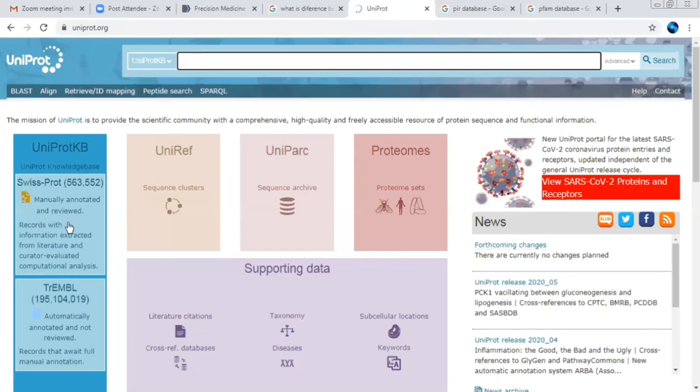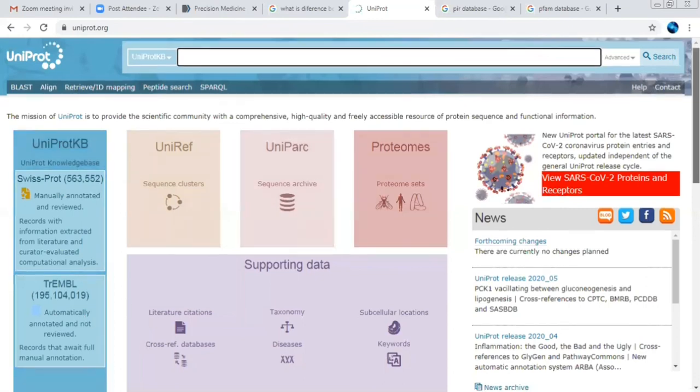All the data stored in this database will be updated, so whatever researchers are using for their references, they will get all updated data for their research oriented work. And TrEMBL data is also linked from here. These two databases are linked because whatever data is stored here will get updated and manually annotated, so that we can get more accurate data for our research work.